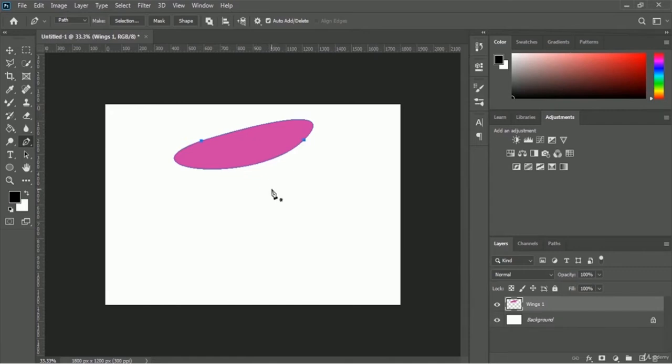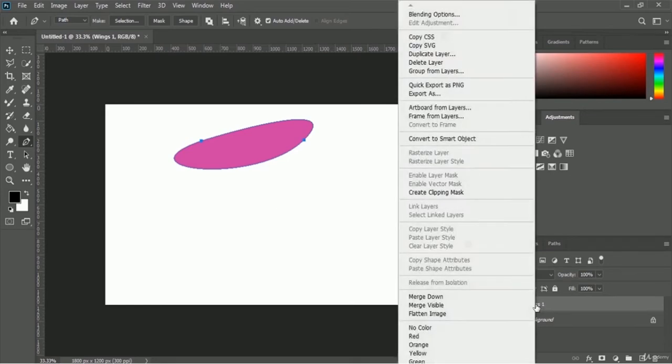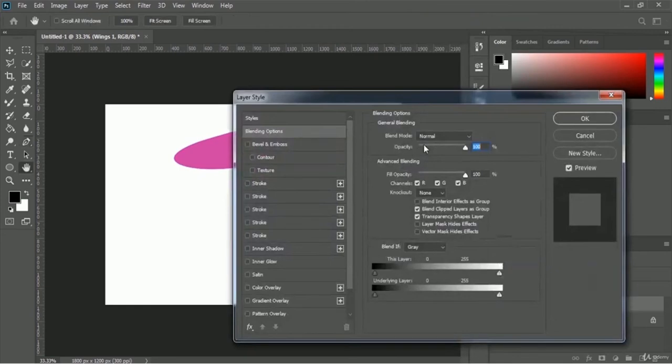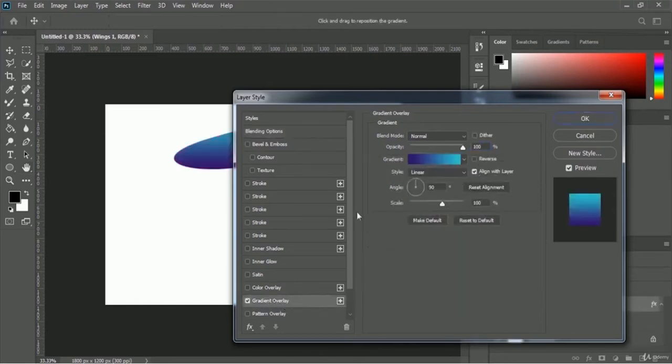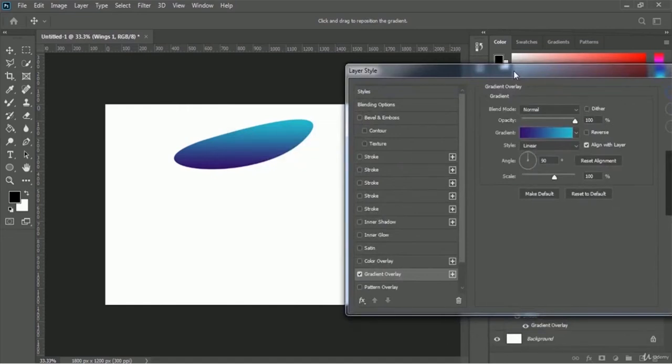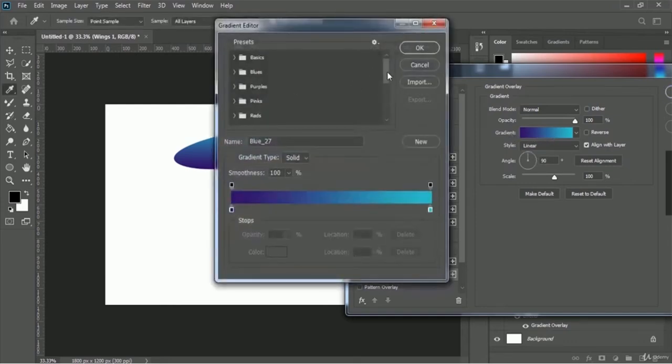A wing is created, and right now we will change the color and add a gradient overlay, and therefore we have to right click on this layer and you will get these blending options. So here is the blending options, and in this pop-up you will get the gradient overlay option over here. So here is the gradient overlay and we will use a little bit of green gradient overlay, therefore we have to select over here. Here is the gradient option and you will get different types of